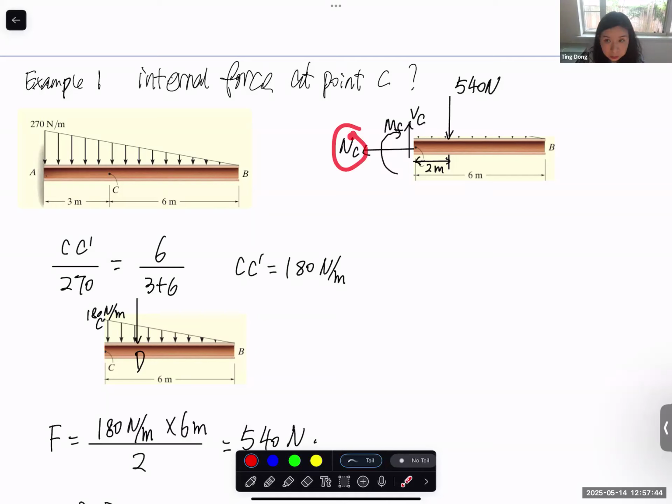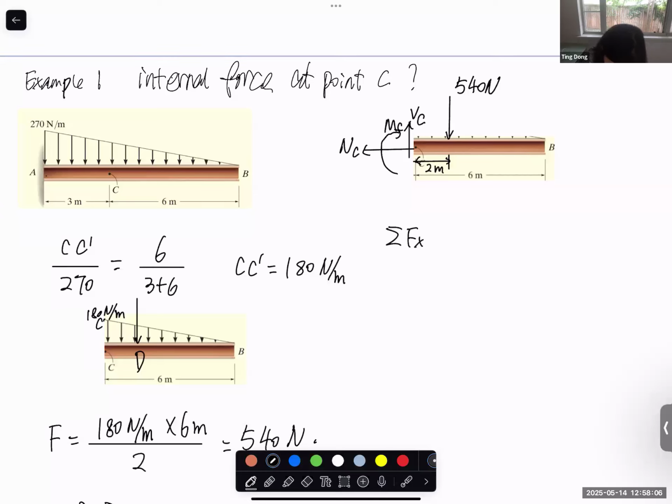Normal force, moment, bending moment, shear force. Based on the sign convention, this should be all positive on the negative cutting surface, because this cutting surface is facing the negative x direction. So now writing the force equilibrium equation,